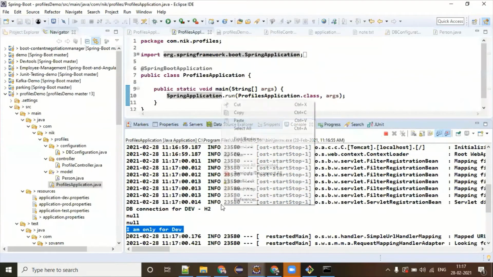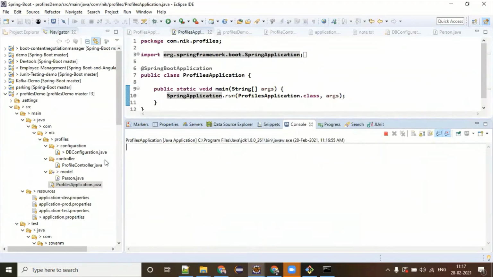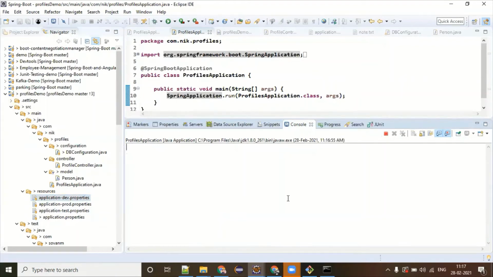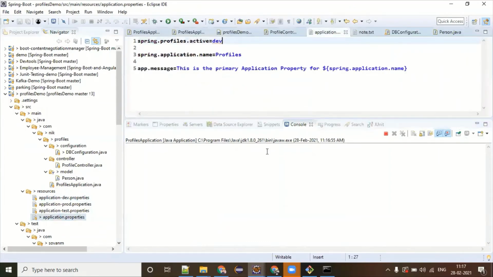Now what we will do, I will be clearing this and changing the active profile. So now we'll come to the application.properties and change it to production.